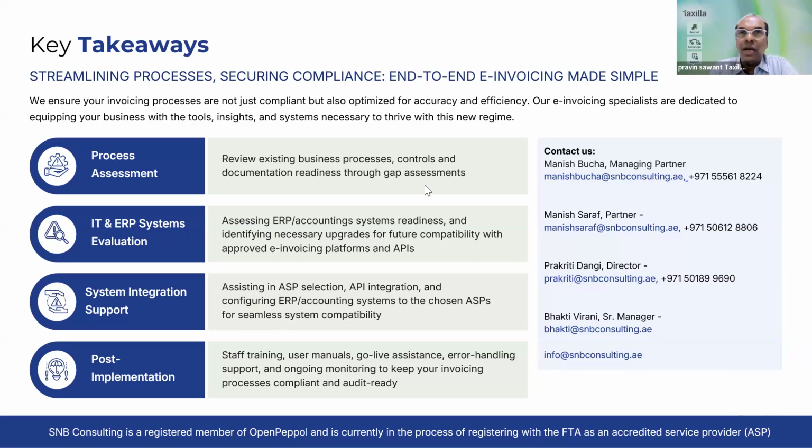Typically we provide four options. One is API integration, where we can expose our API and the ERP IT team or vendor can consume it and do the API integration, or sometimes the ERP provides its own API which we can consume. If an ERP is not capable of handling API integration, we have a batch upload through FTP. The third option is a manual Excel upload. So whatever type of accounting system or ERP, we can provide the integration.